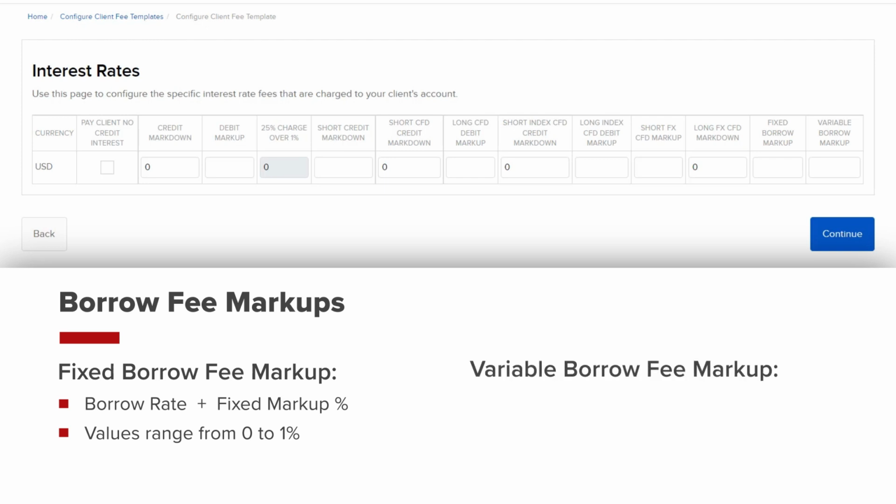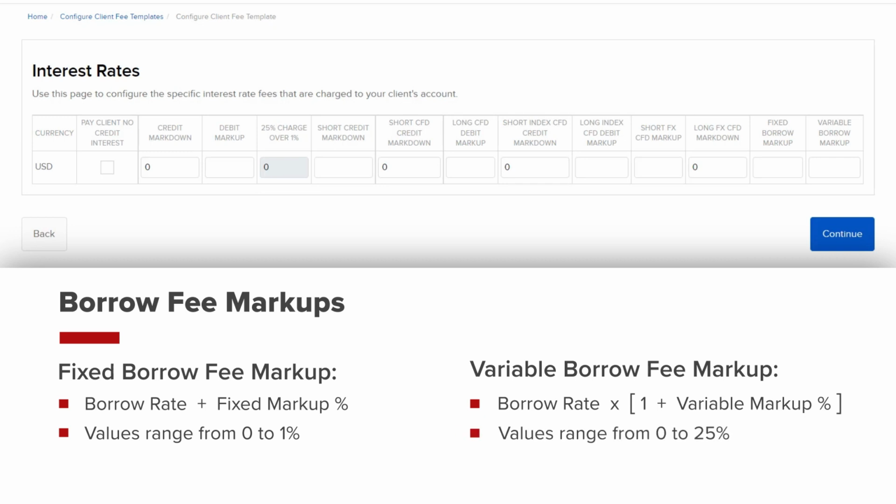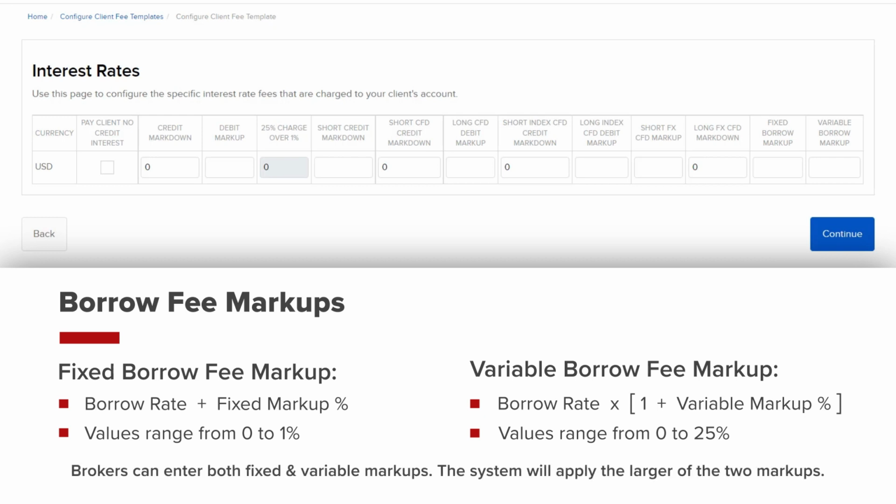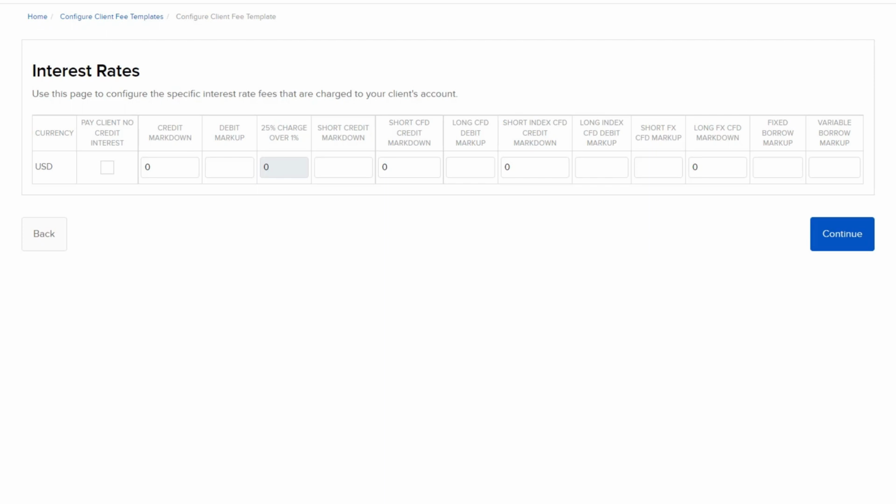The variable borrow fee markup is calculated as the borrow rate multiplied by 1 plus the variable markup percentage. Here, the broker can enter values ranging from 0 to 25%. It is possible to enter both types of markup, and the system will apply the markup rate that results in the larger total amount. For example, the broker enters the fixed borrow markup as 1% and the variable borrow markup